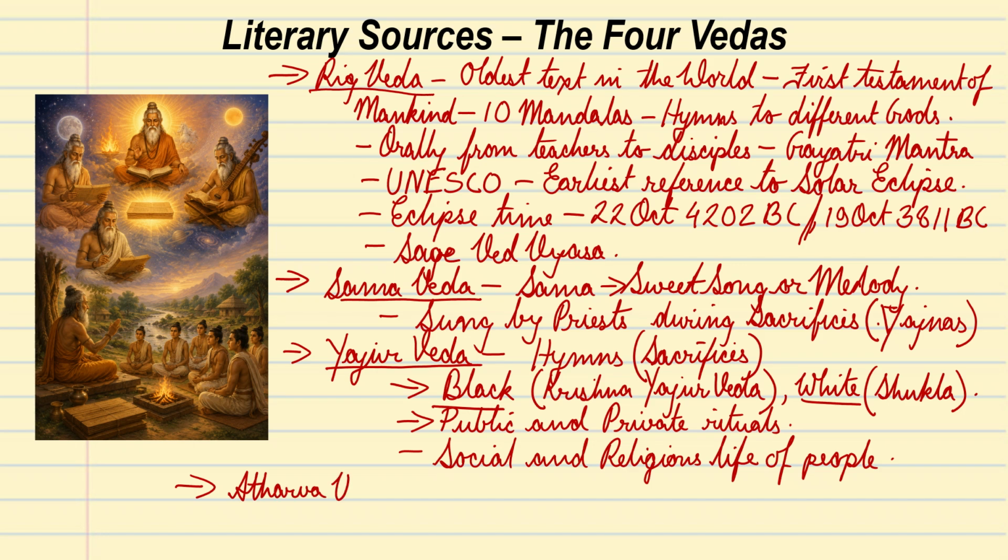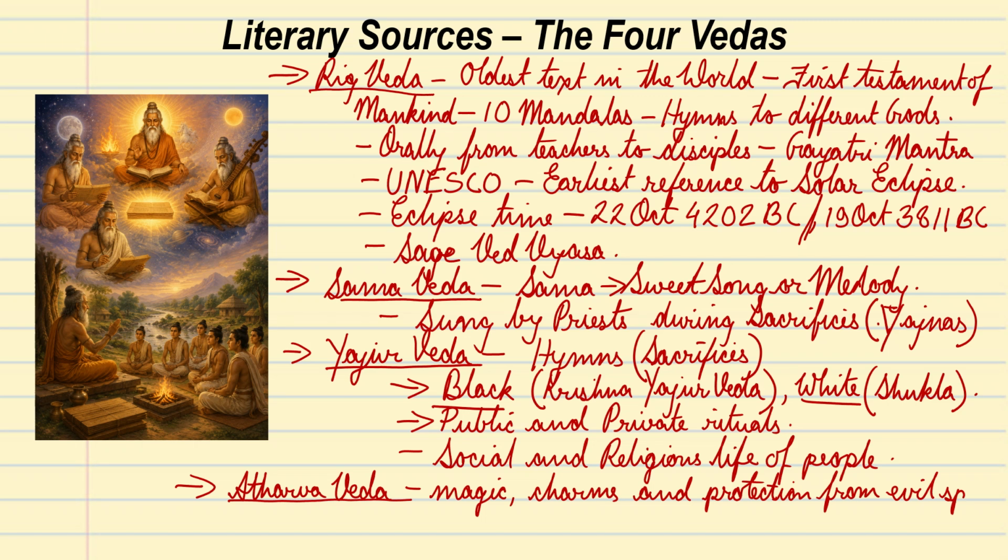Atharva Veda. This has been composed last among all four. So what does it contain? It contains magic, charms, and protection. How to get protection from evil spirits. So these are the things which are there in Atharva Veda, and most of the hymns are borrowed from